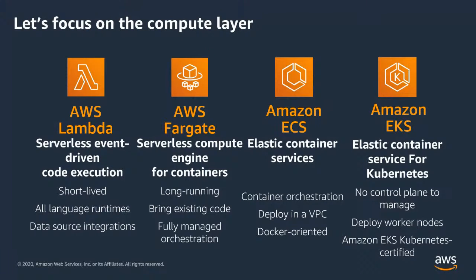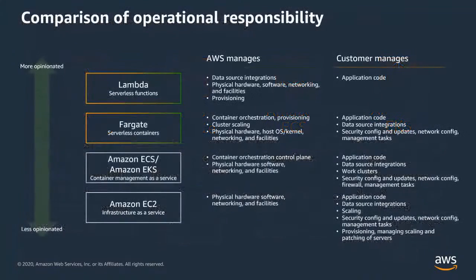ECS and EKS is where you start taking the control in your hands. So with ECS, it's basically our own homegrown orchestration service. It's Docker based. Then if you're coming from the Kubernetes world, then you could use something like EKS, which is basically Elastic Container Service for Kubernetes. It has almost all parity, I believe we are always one version behind the latest master branch, but we always update it once it comes, because we always test everything from the master branch in Kubernetes to make sure it runs properly, and then we deploy it in. So you'll always see this. We are behind one version.